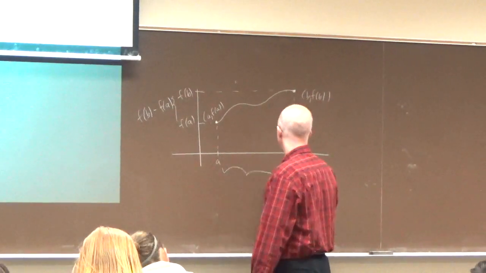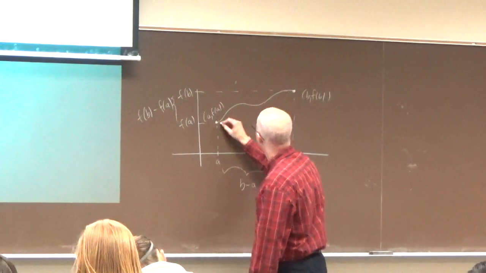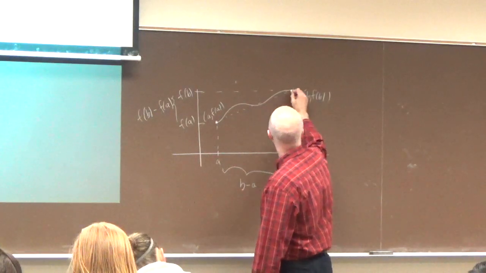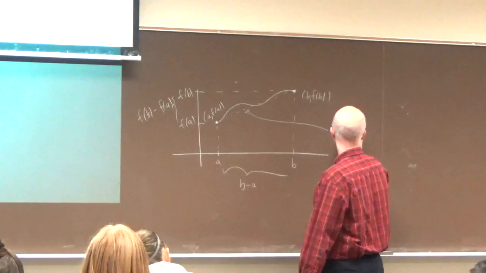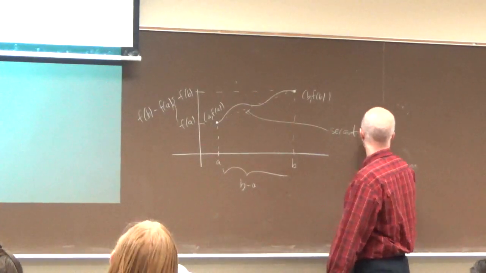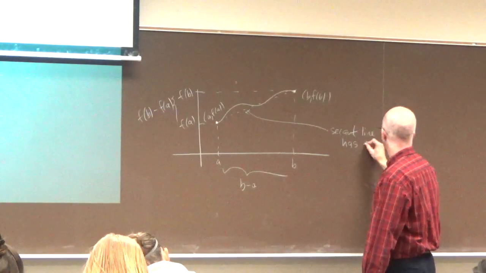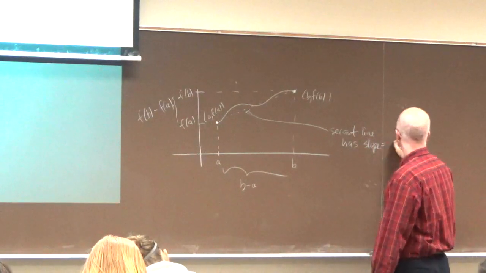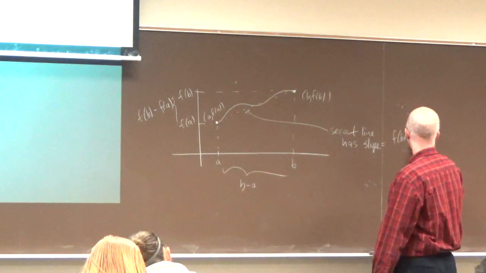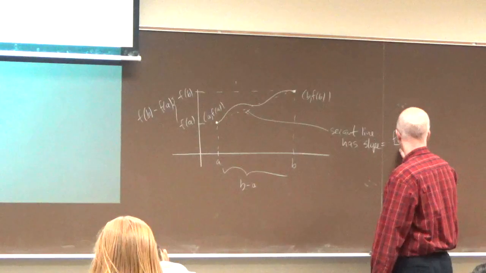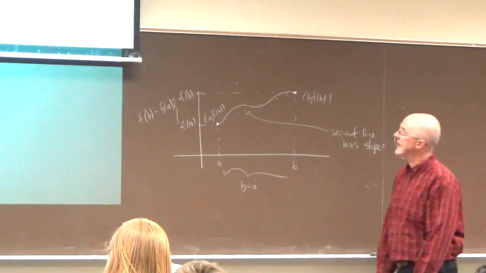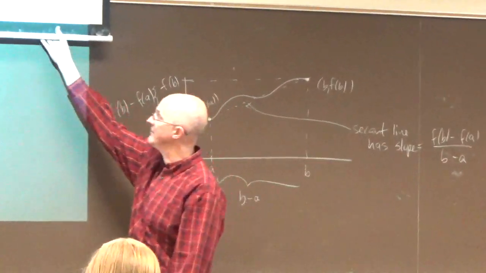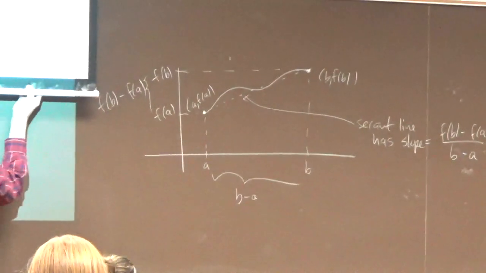And this distance right there is b minus a. That ratio is the slope of that secant line. The secant line has slope equal to change in y divided by change in x, rise over run. The theorem says there's a number c between a and b where the slope of the tangent line equals the